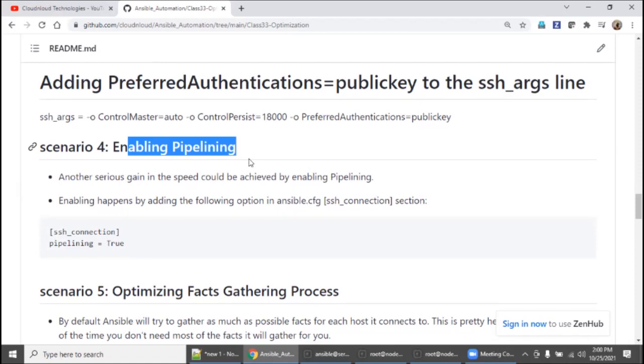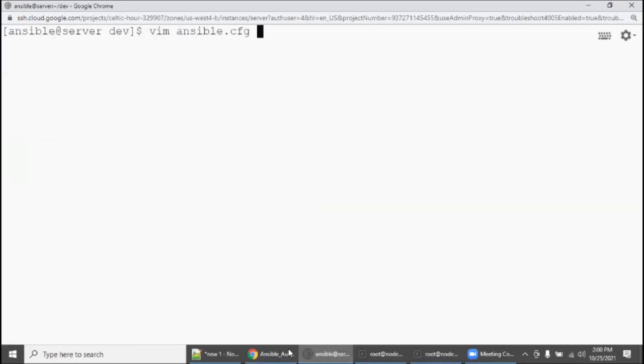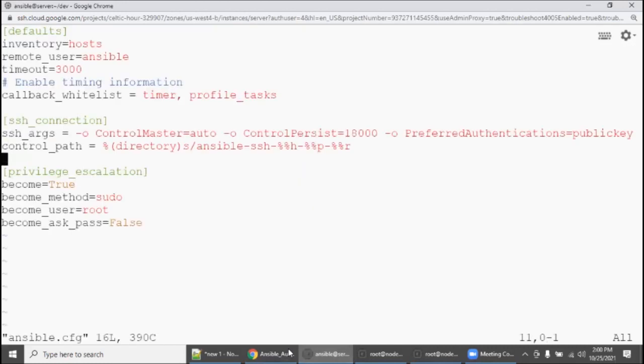Enabling pipelining. If you enable pipelining, you can improve your speed also. So what is the parameter to enable pipelining? Copy this, go to ansible.cfg and enter this parameter under pipelining.